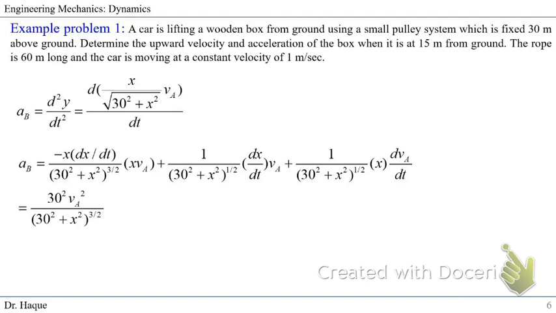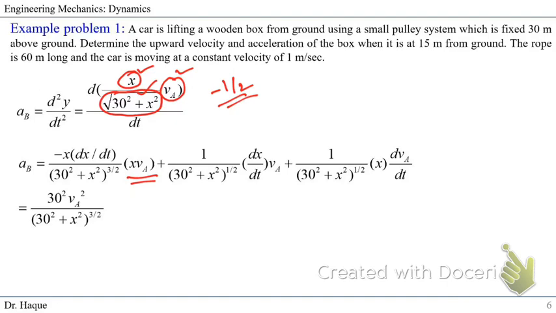We're going to apply the chain rule. So we have three terms. Just notice carefully: x, VA, and this 30 square root term. We're going to do one at a time. We'll first leave these two, x and VA, the same, and we'll be working on this part only. Since it was in the denominator, the power was negative half. So if we take the derivative, we get negative half